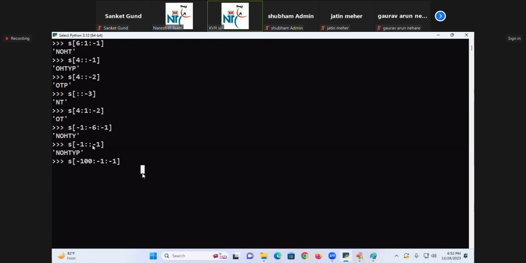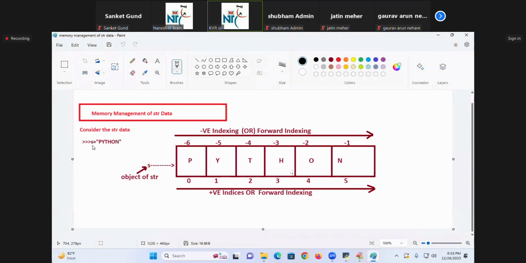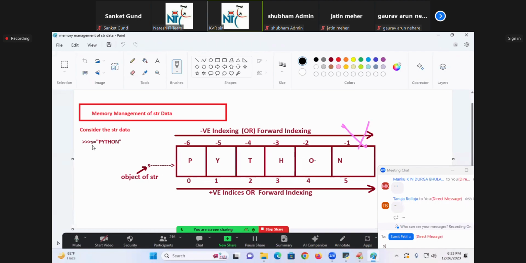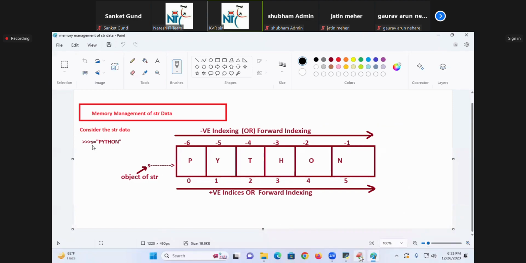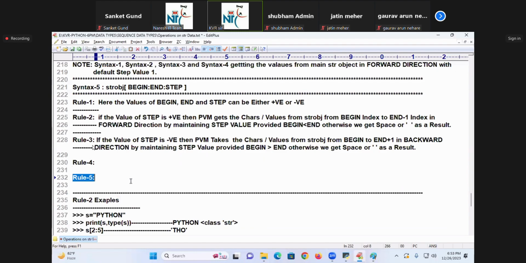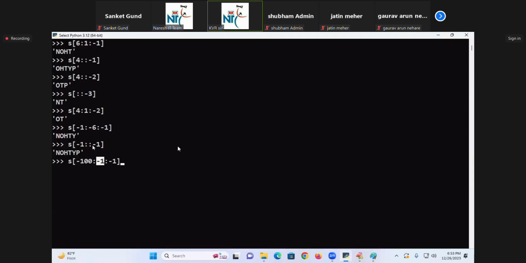One more rule, number 5: when I am retrieving in backward direction, when you mention minus 1 as an end, how can it go back? Minus 1 itself is the last, you are saying end. When you are saying it is an end, how can I go back? If you feel difficult about that rule number 5, think about this condition. Does it fail or not? Yes. Go to the next. Understand? Next,